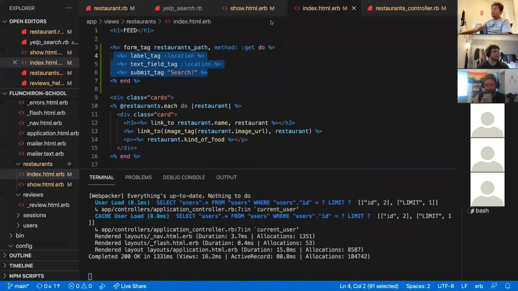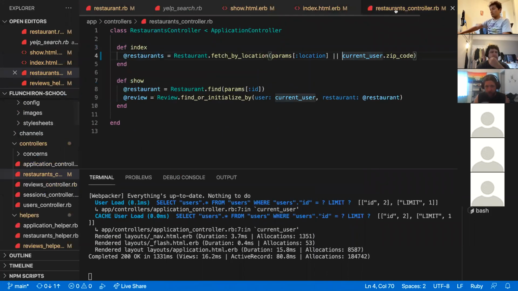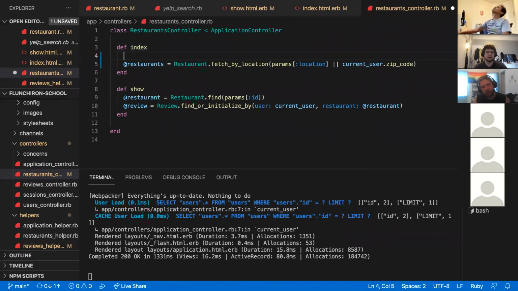How are y'all feeling on this? How about a message that comes out like results for location? Could you do something like that? Mm-hmm. So the first thing I could think of, the first thing that I would just do, right? Params equals params dot require or dot permit